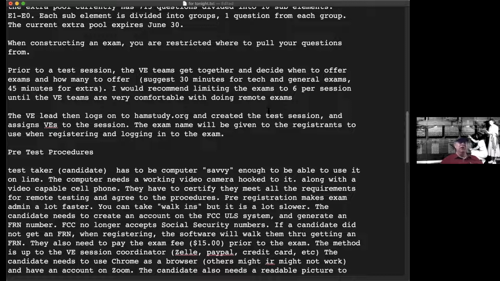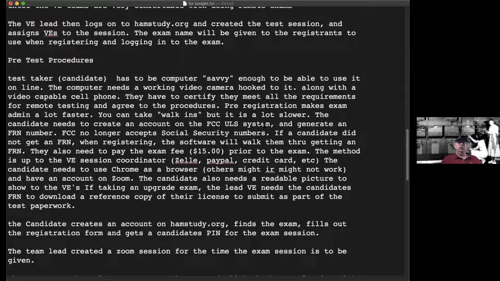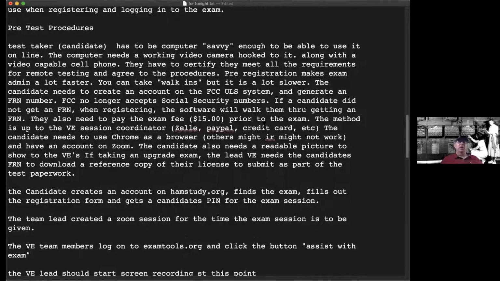The VE team lead will log on to hamstudy.org and create the test session, and I'll show you that, and assign VEs to the session. 3 VEs per session. And the exam name will be given to the registrants to use when registering and logging into the exam. Again, I will demo that. So the pre-test procedures: the test taker, we recommend, has to be a little bit computer savvy